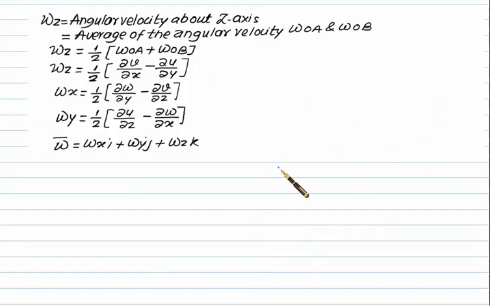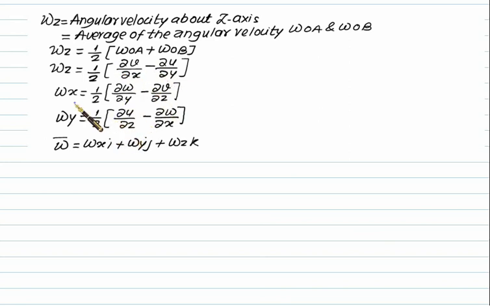We have seen the angular deformation of a fluid element. The same equations are used, except instead of the positive sign you have to use the negative sign here. So omega z represents the angular velocity about the z axis, which is taken as the average of the angular velocities omega OA and omega OB, that is about the x axis and y axis. But one value is clockwise and the other is anti-clockwise. So we have omega z equal to 1 by 2 into del v by del x minus del u by del y. This one is anti-clockwise and this one is clockwise, so one side is taken as positive and the other as negative.